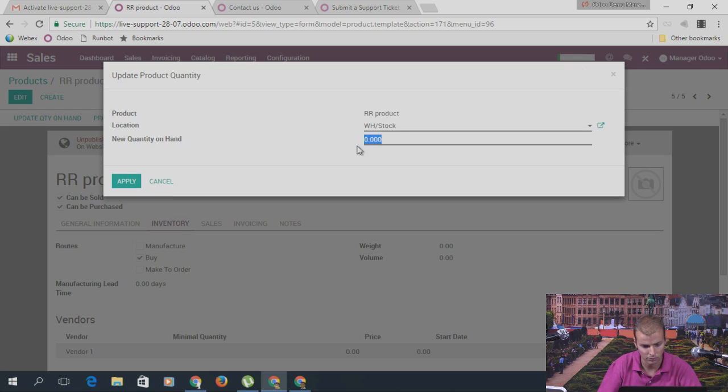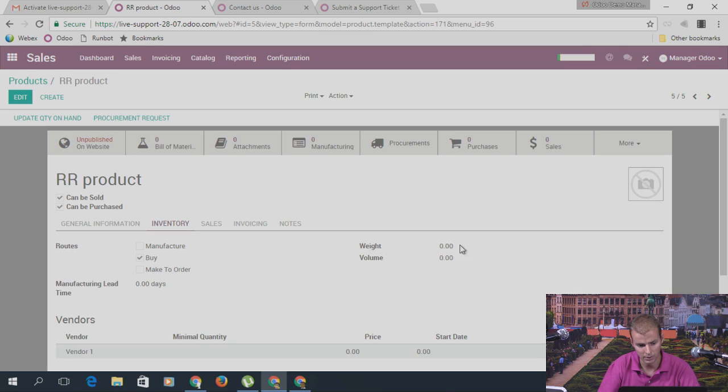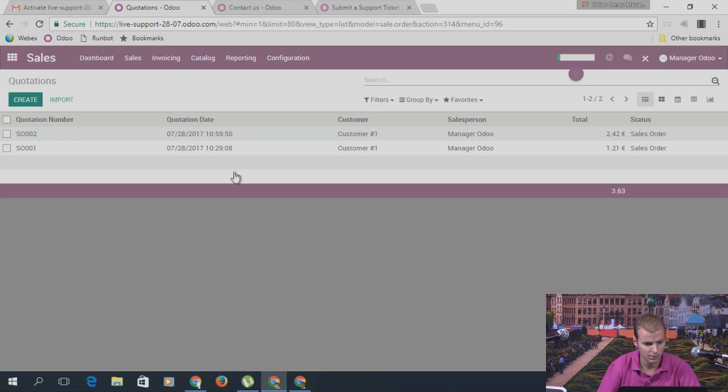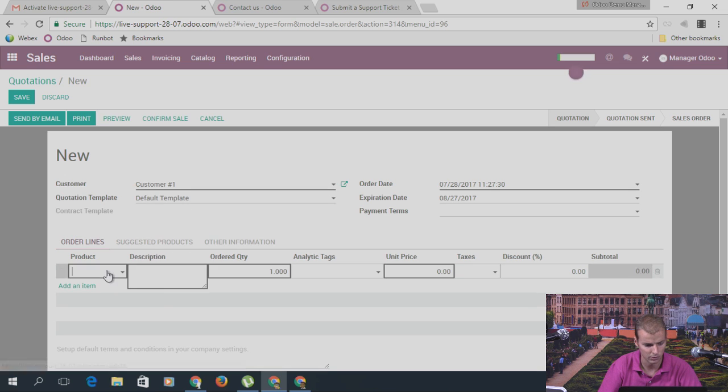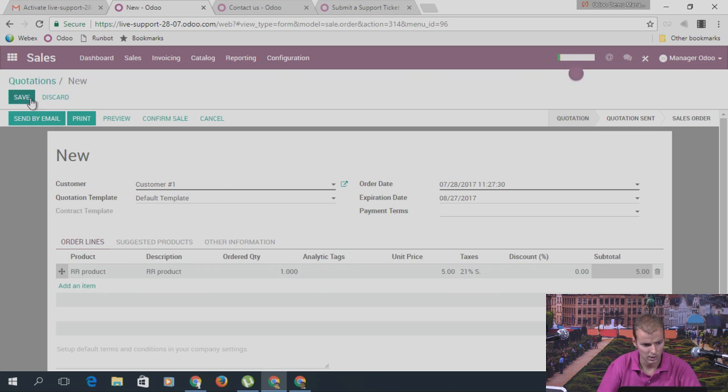So let's say that I have 3 units on hand. Okay, and I will try to make a sale order for this product. So for 5 units, I have my product, 5 units. I save it